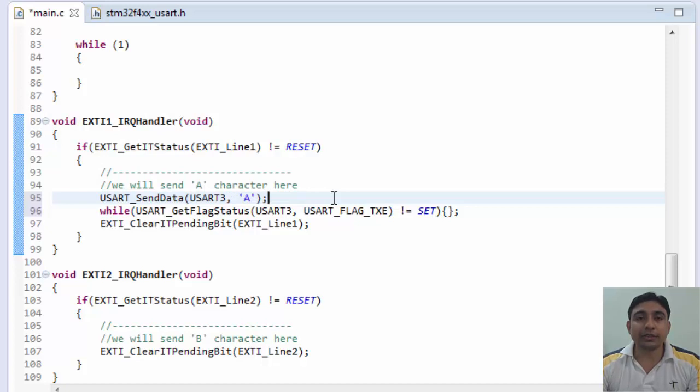Okay, so this ISR is now complete. Next is ISR for second switch. In this, it should send B character.